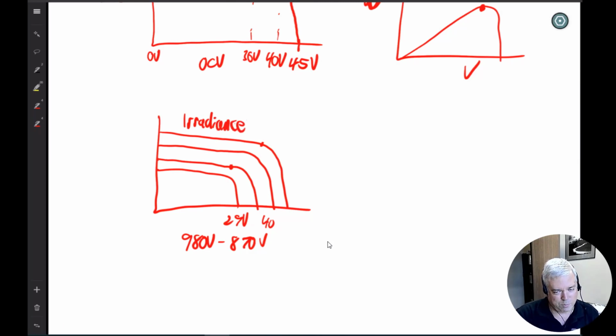Let's say a cloud goes by. It changes the incident light energy onto the modules, and these curves change and shift. Let's say it's super bright, not a cloud in the sky, but it's also very stagnant air, and then suddenly a breeze comes up that changes the ambient temperature and cools the modules off a little bit, and that also can change these. So let's look at the cut sheet for